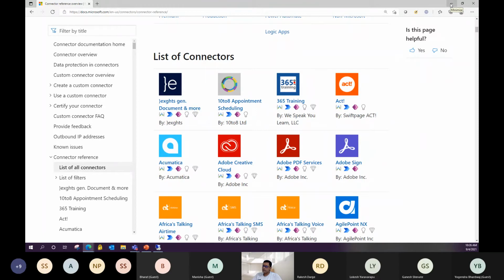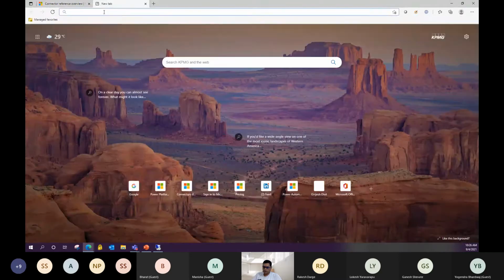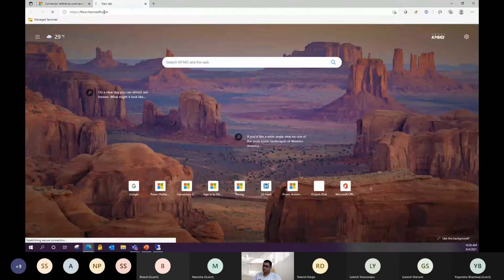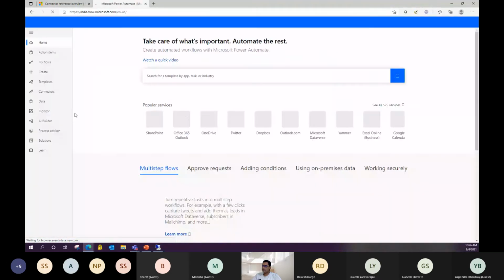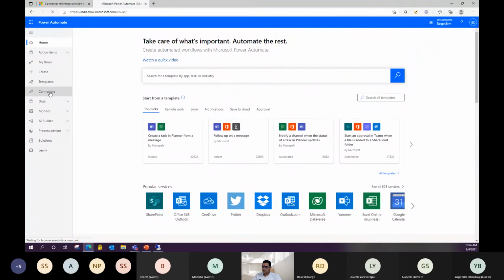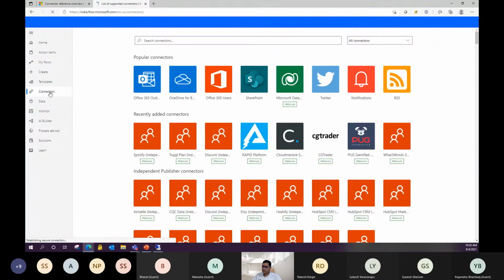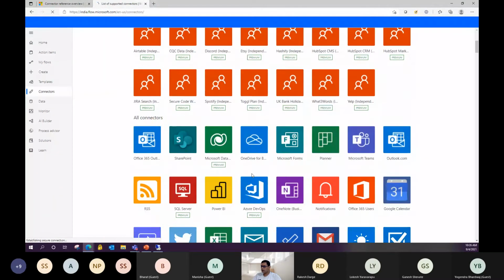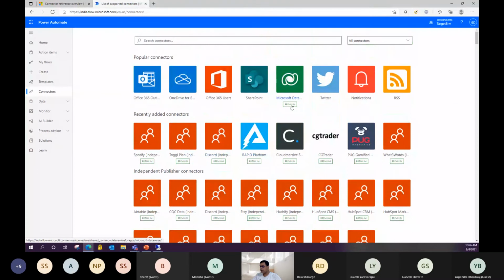Another place where you can find the connectors is flow.microsoft.com, so let me log in. If you go to the connectors, here is another place where you can find them. There is a tag available for premium connectors, and the standard connectors don't have any tag.